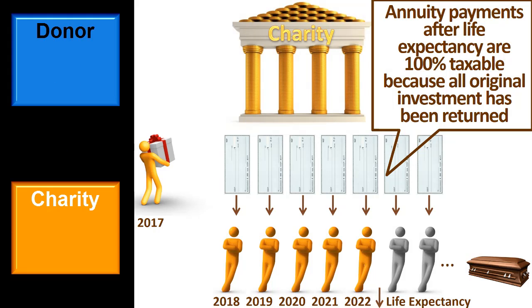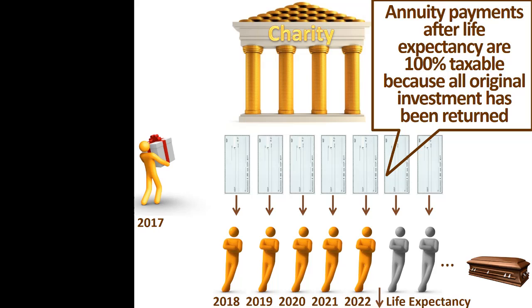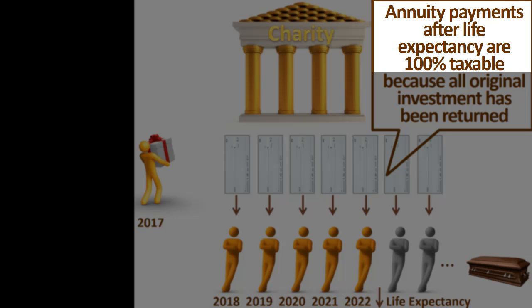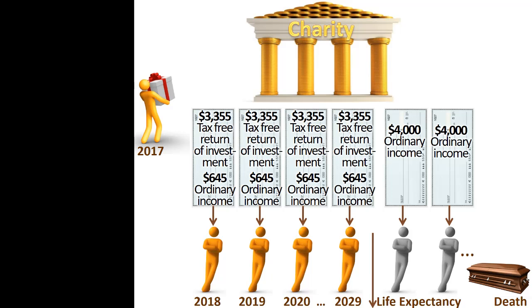Consequently, after that point, no part of the subsequent annuity payments will be tax-free return of investment. Thus, once the annuitant has lived past his or her life expectancy, in other words, his or her expected return multiple, the entire annuity payment will be treated as ordinary income. Returning to our example,